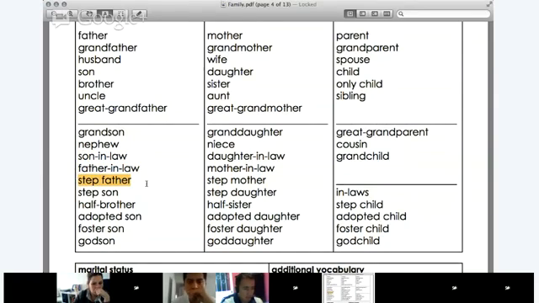What's a stepfather? If we have a stepfather, he is the husband of my mother, the second husband. So he's not your father. He's the second husband of your mother. Good. Yep. Stepfather is